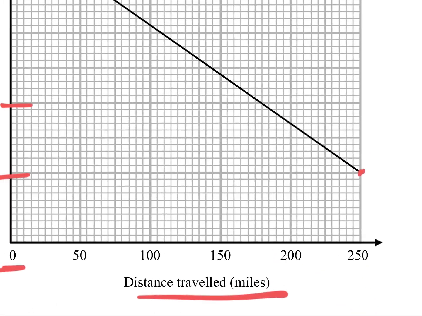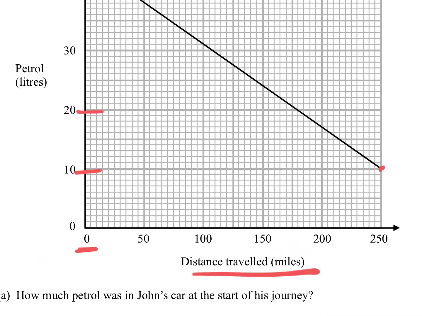So let's zoom in on our graph here a little bit just so we can get a clearer look. So at 10 litres of petrol, okay, that's working out at 250 miles. So 10 litres of petrol is bringing us to 250 miles. And then if we go to 20, and if we draw across at 20, meets the line just there. We want to be nice and accurate. And if we draw down,